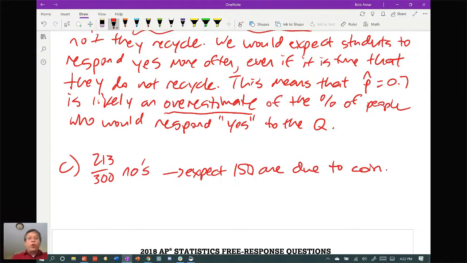So we're going to remove 150 from both the numerator and the denominator. Okay, and so when we do that, we're going to subtract 150 from